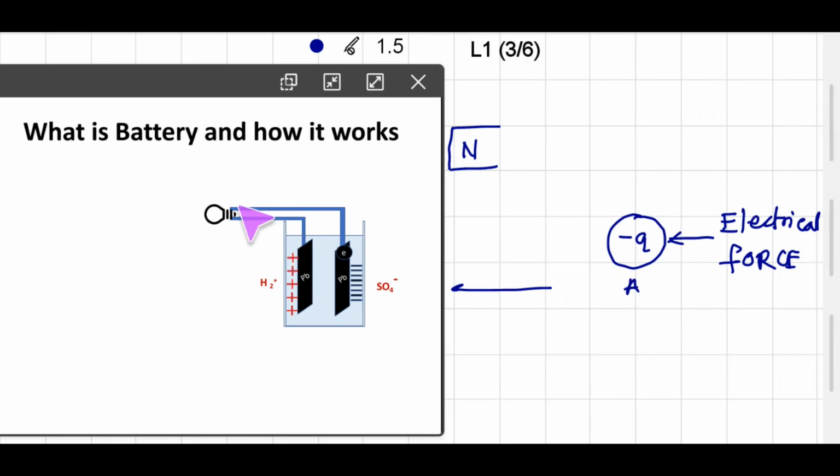This is a good conductor as well as the filament is also conductive, and so these electrons which are repelling each other start to flow in the direction, and the moment they pass through the bulb, we see the light because there is friction, and heat energy or light energy is radiated in the form of light. So this way it is happening.